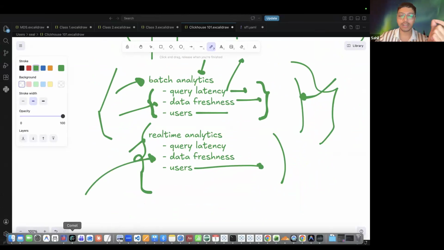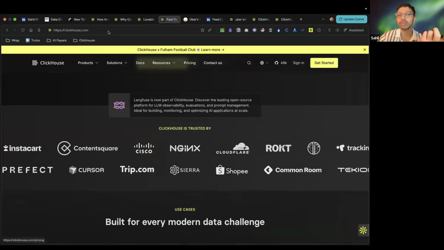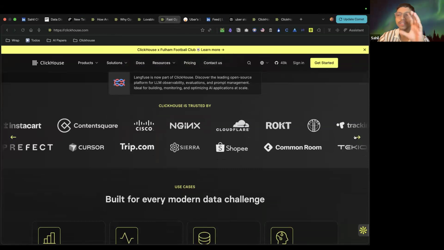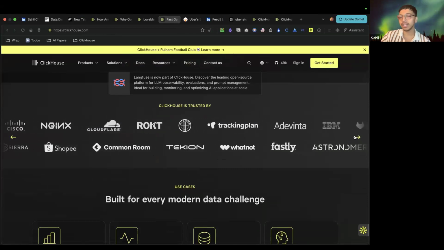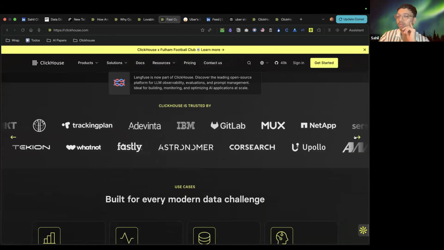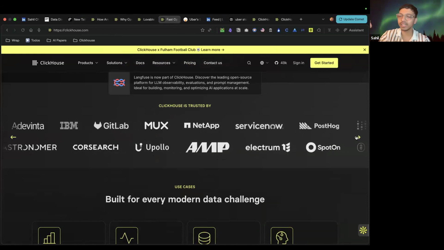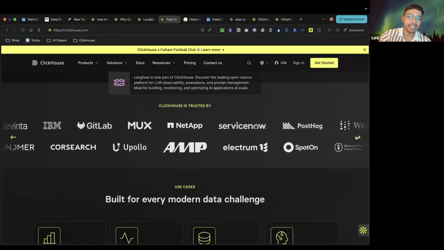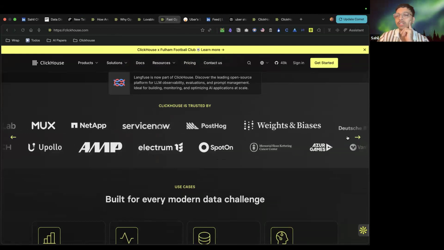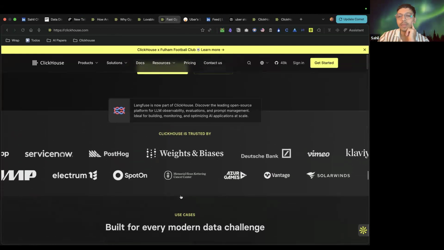Just to show you again, go to the ClickHouse website. They have plenty of use cases and case studies showing which companies are using them and why. Almost every company which is serving a front-end user analytics dashboard is using ClickHouse as a service. Now this was the introduction: ClickHouse is a warehouse and it's open source